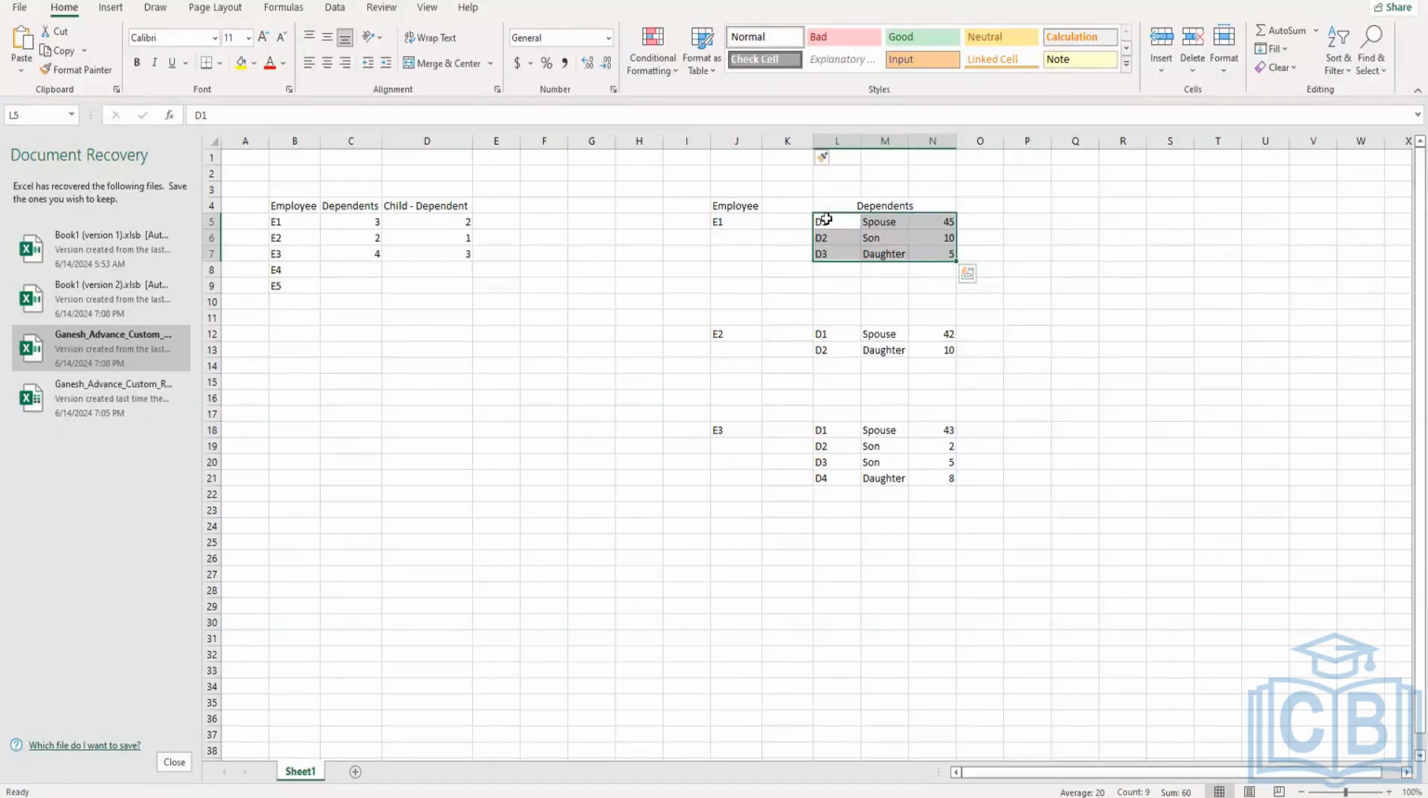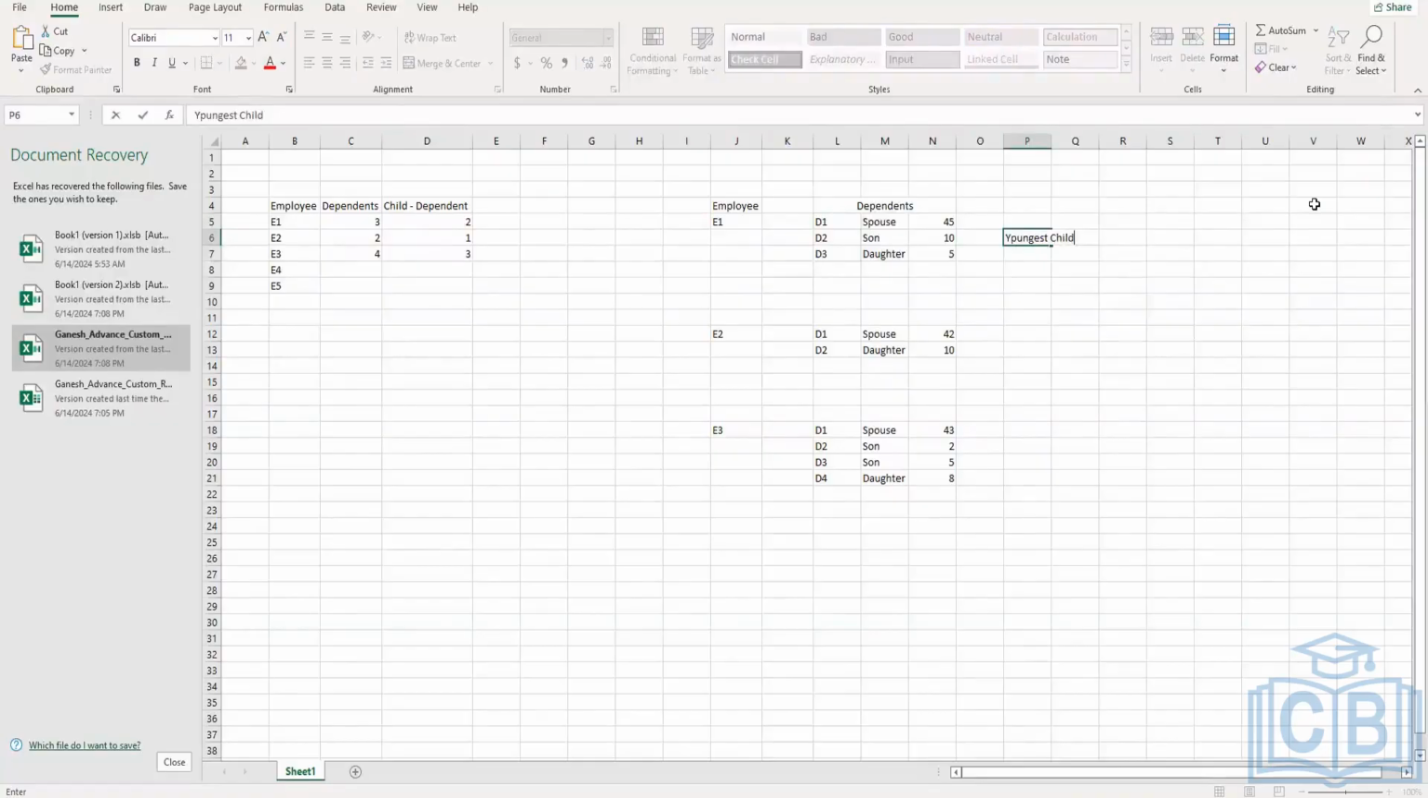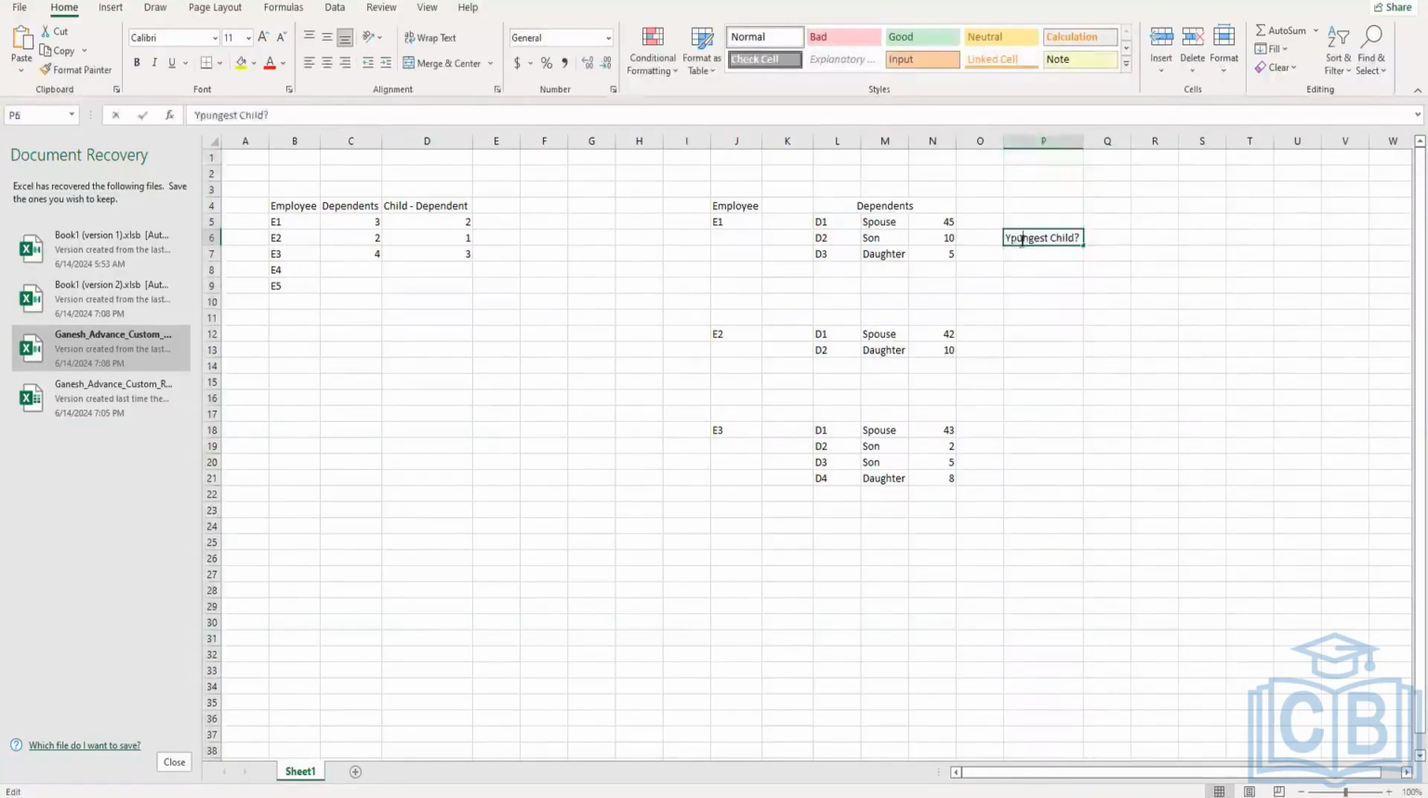In these kinds of cases, for example, here there are 2 children, son and daughter. I want the youngest child. The requirement is to get the youngest child. For all the dependents, we have to extract the youngest child. Here, in this case, we are going to create a single instance field. This is just an example,